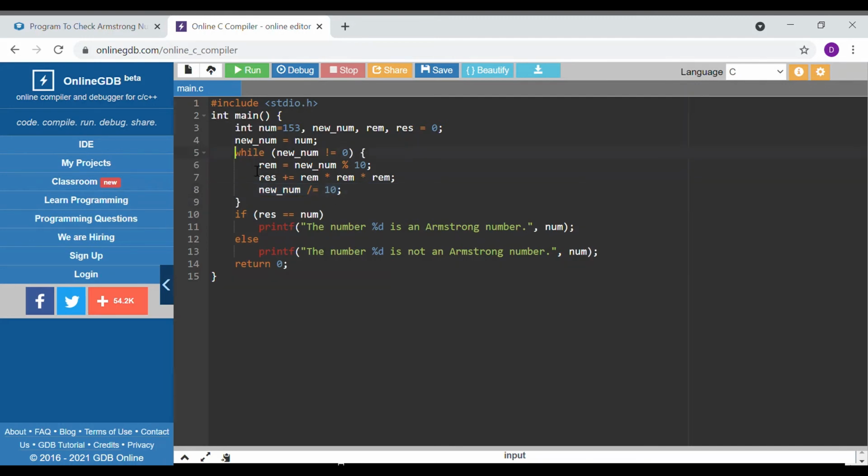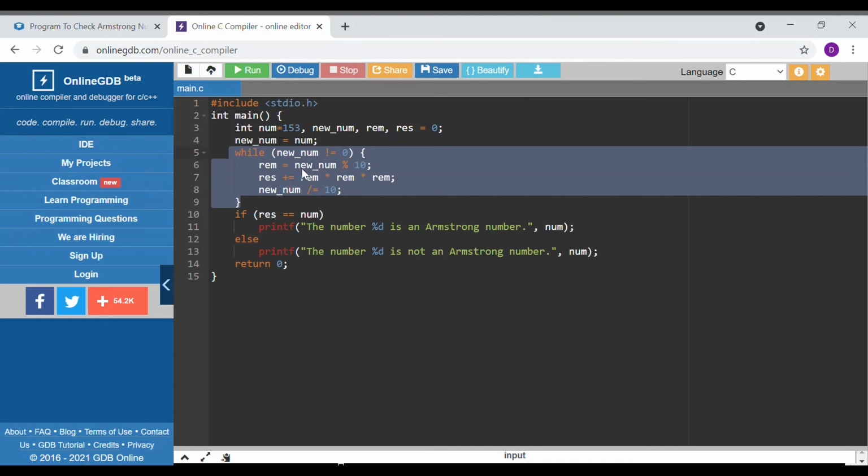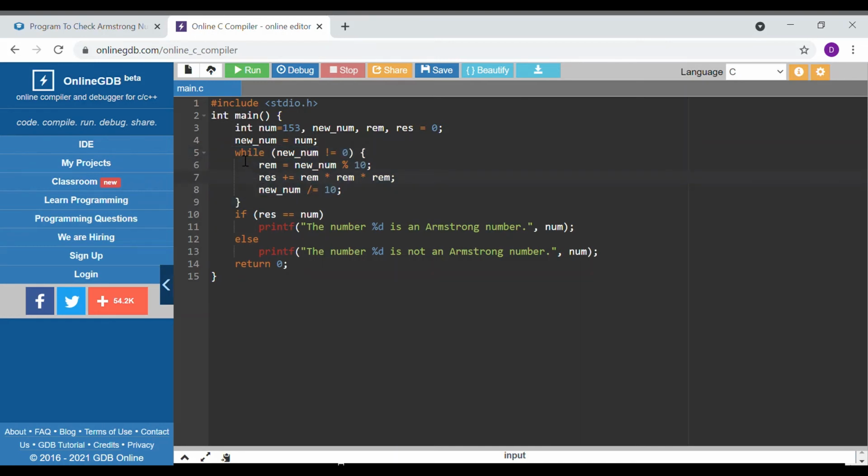This is our logic part, as I have already explained in the algorithm section. At the end we check the condition whether our result variable, that is the sum variable, is equal to the number or not. If it is equal, we print that it is an Armstrong number. So this is our code for the Armstrong number in C programming language.